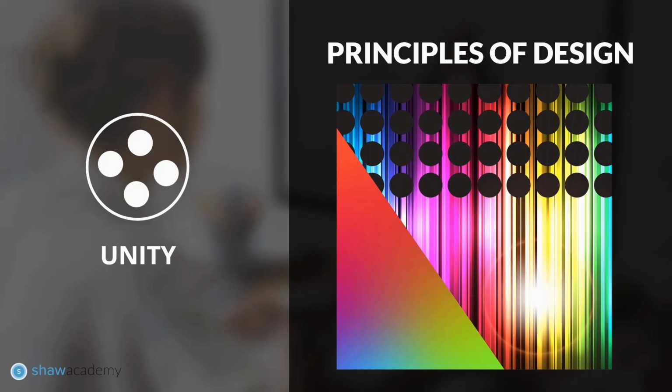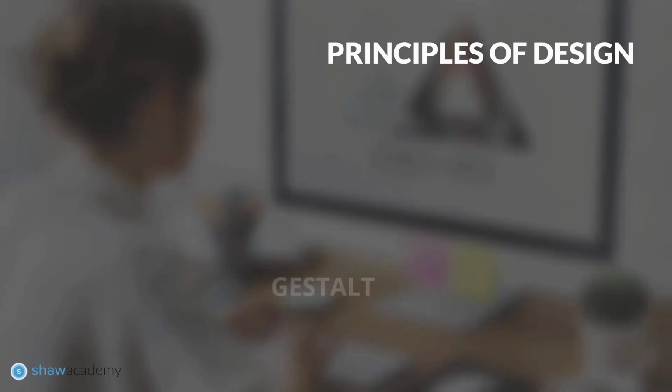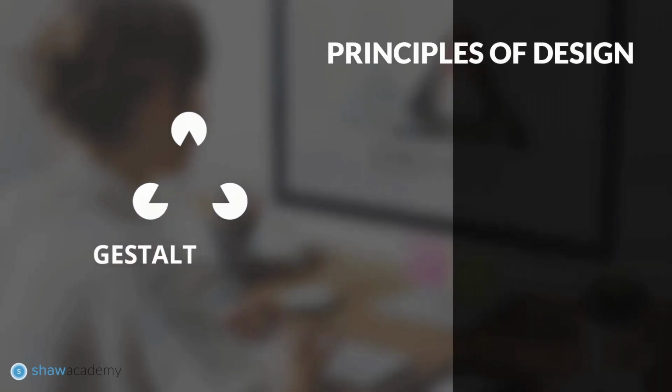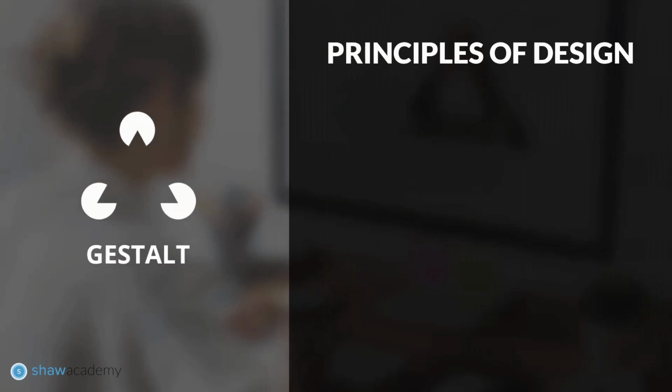Absolutely nothing in this example is unified. Firstly, you have a diagonal gradient, with a repetition of black dots, then some striped gradient lights. This is an excellent example of how not to use the design elements in conjunction with one another. Every single element on this design screams for attention, and there is no theme or unity that flows. Our brains will form a pattern in what might seem as visual chaos.